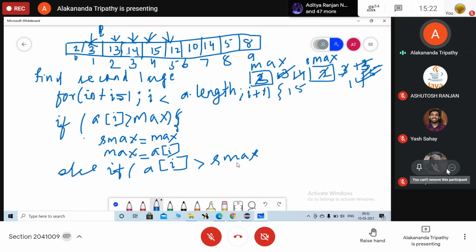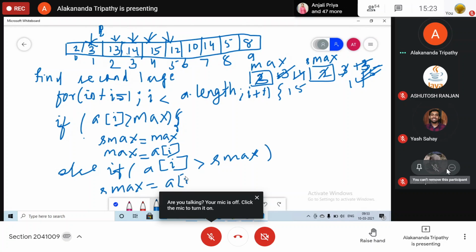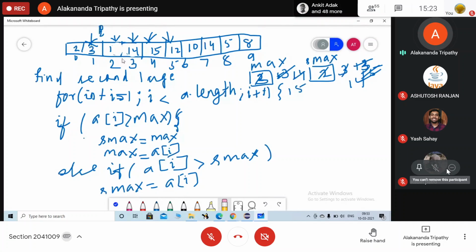A of I is greater than S max. A of I का value किससे बड़ा है कि नहीं? S max. Then S max will be updated with A of I. Now let here, array का थोड़ा, I will change certain values of the array. Now let here I am having 11. Okay, now check it. S max, max यहाँ पर 11, 15 and